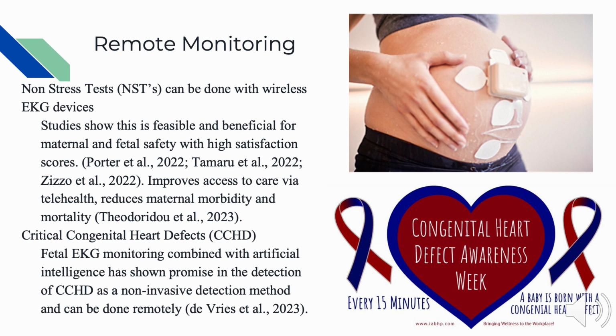Wireless EKG monitors improve access to care and can be assessed remotely via telehealth, as they record both fetal heart rate and uterine contractions. These devices were designed for self-administration at home and were more accurate than the commonly used ultrasound CTG, as it is unaffected by BMI. This device is a great option to women and providers seeking remote or telehealth solutions for routine monitoring such as